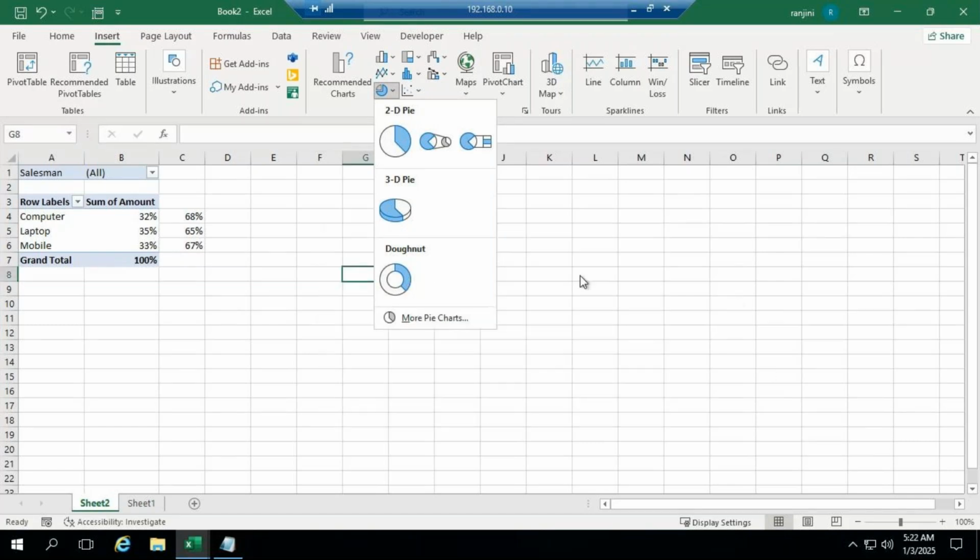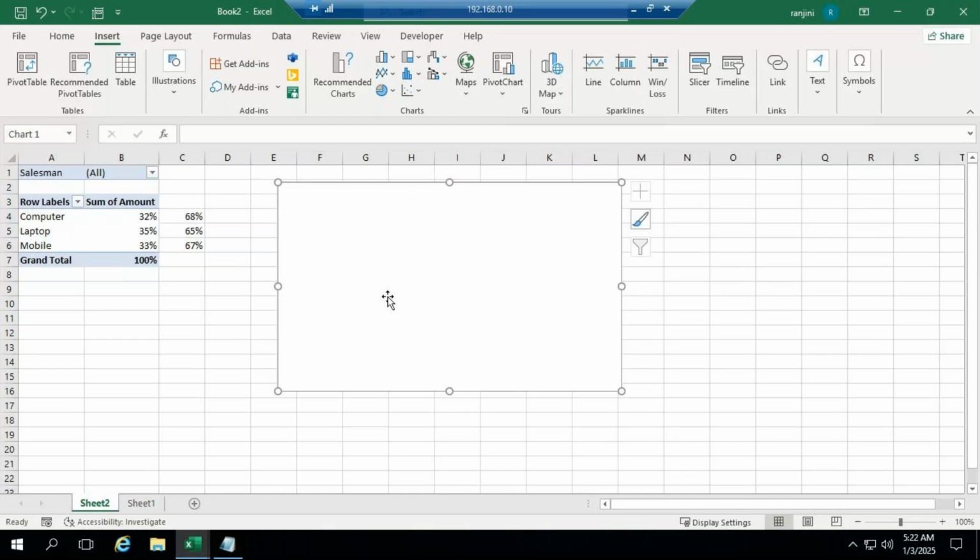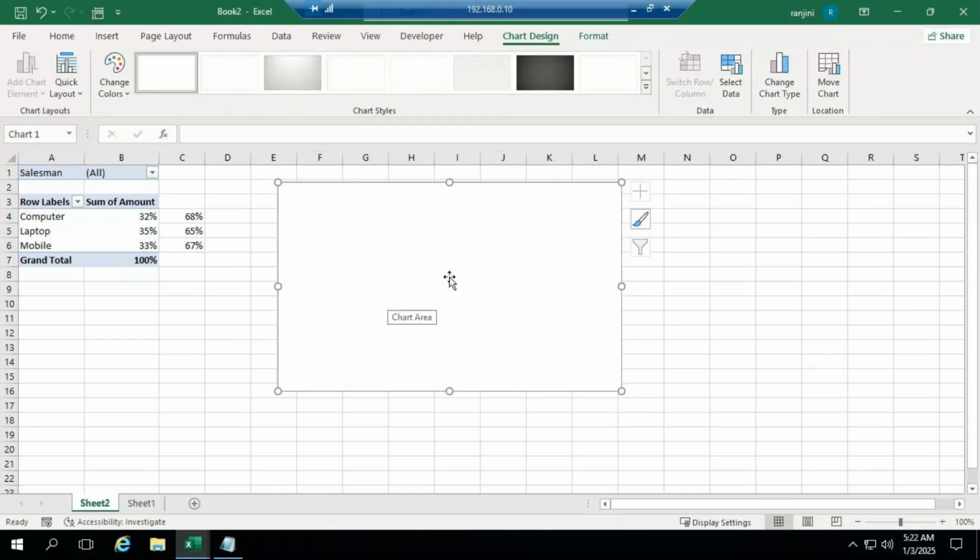Now, when you select doughnut chart, it's not showing you anything. It is showing you blank. Now, what you have to do here is you can go for select data. So, you have two tabs which is showing you here in the ribbon. One is chart design, one is format. Either you can go for select data from here. If not,